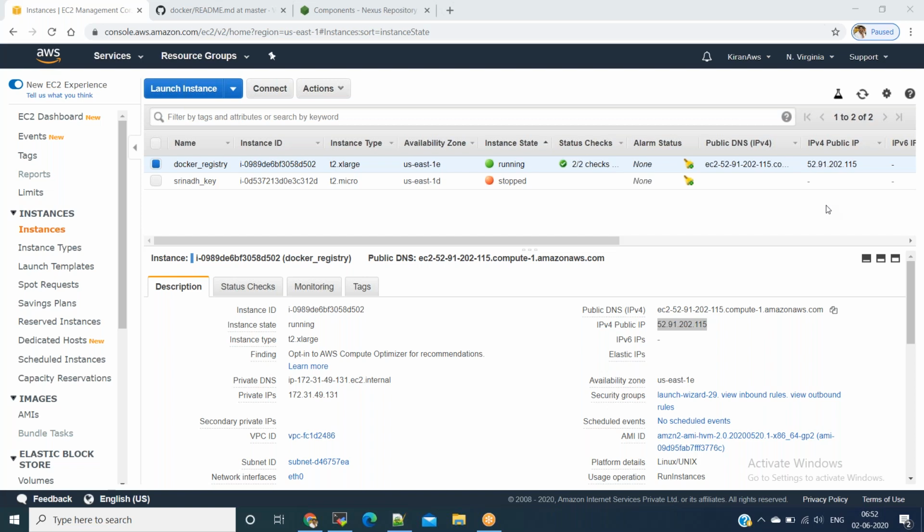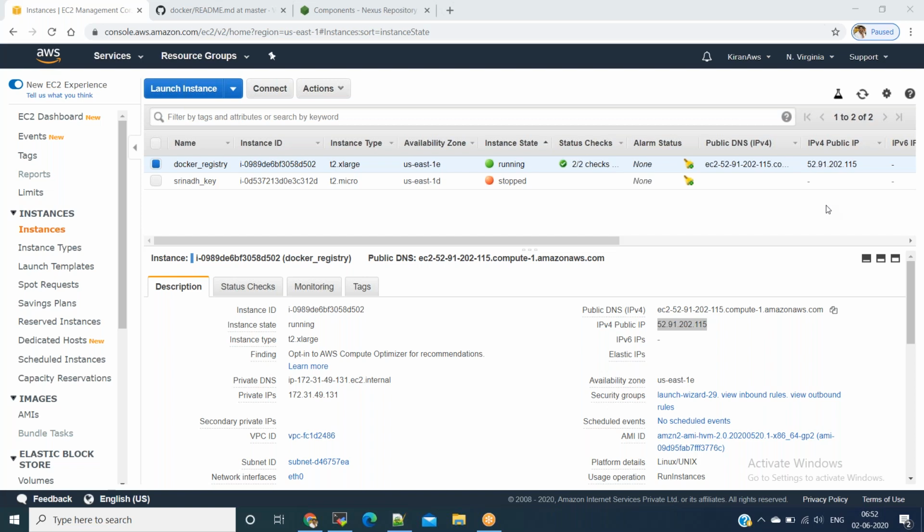Second part is whatever image we push to Docker private registry, we will take one more machine, which is the deployment server. From there, we will log into Docker private registry. We will pull the image and we will run the image, and we should be able to run it successfully. This is what we are going to do end to end. Let us get started with the implementation steps.